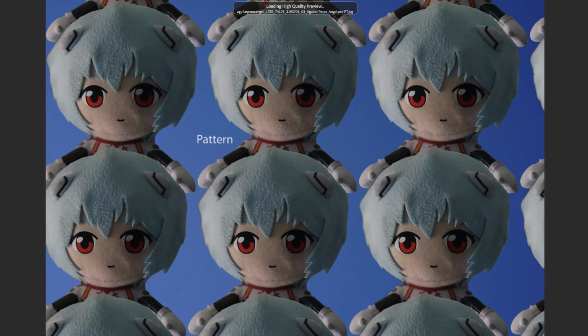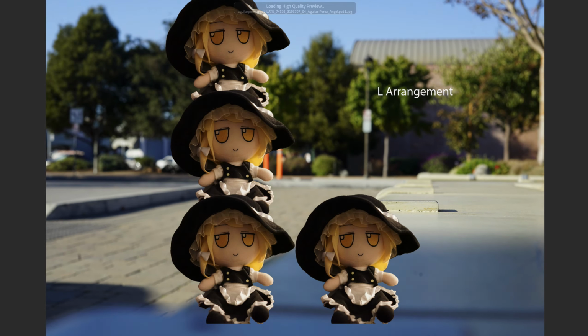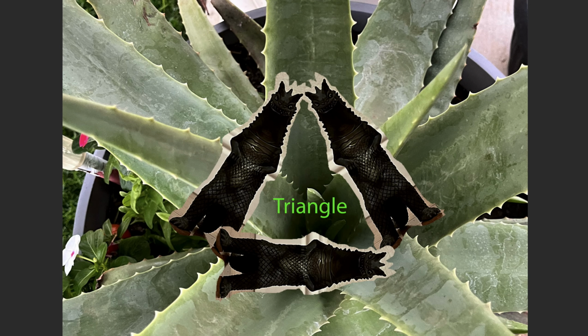intersecting points. Here's another example of another student where they had one background, which was a sky, and then they took a photograph of another item, which is this pattern of this stuffed toy, multiplied it, and then it's a pattern within a pattern. Or here they created an L arrangement, or this other student example where they cut out